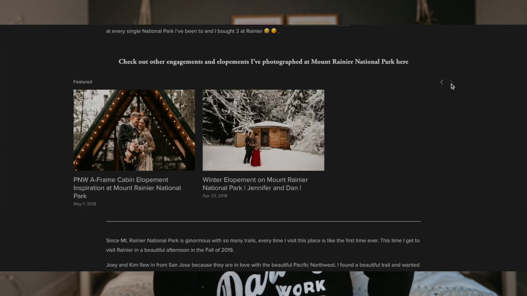I might include links to other engagement sessions that I've done before, or other engagement sessions that are only on top of the mountain versus beach engagement sessions. I might include not just engagement sessions, but weddings and elopements that I have done at Mount Rainier National Park. What I'm trying to say is within one blog post, you can share about other blog posts that you have done before. That way, when your potential clients scroll around and read about what you've done, they can click around